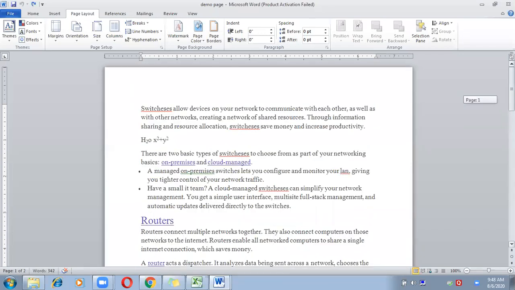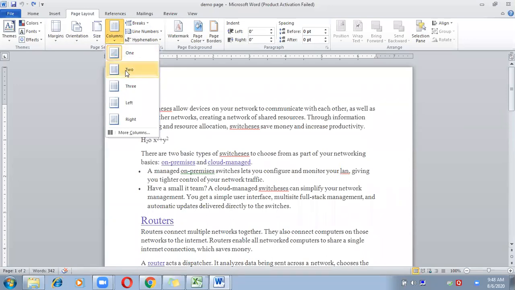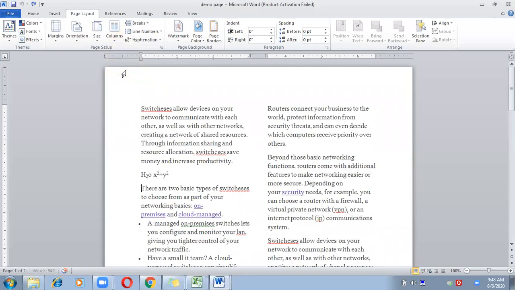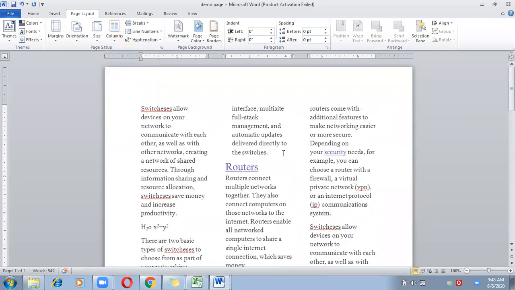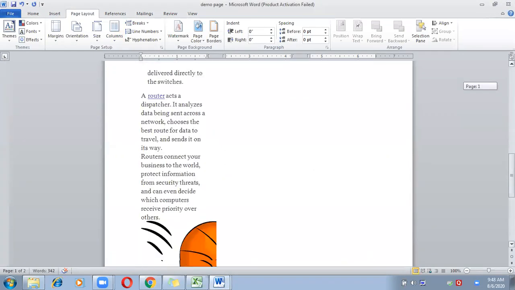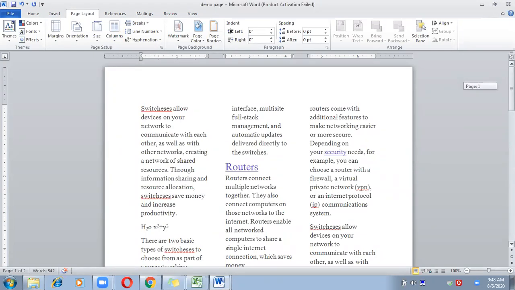So for column break, you have to choose this option column and divide your page into two columns, or divide your page into three columns. Like this, you can divide the content of your page into columns. Right now, I have converted my content into three columns. The whole document will appear like this only. So this is how you can insert a page break and a column break. Now, what is section break?